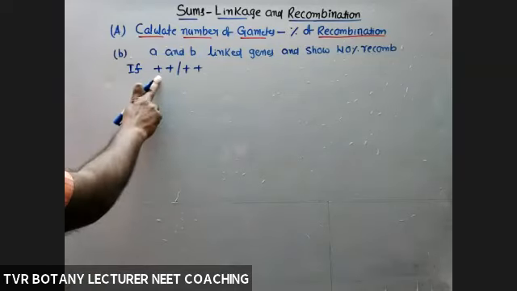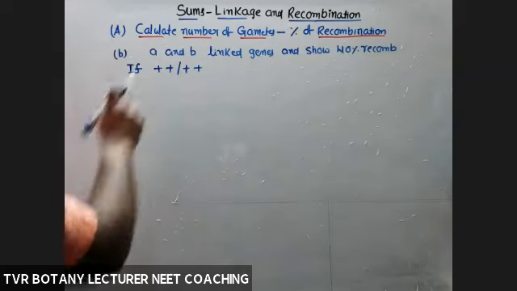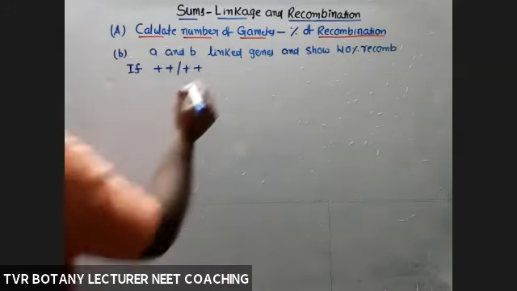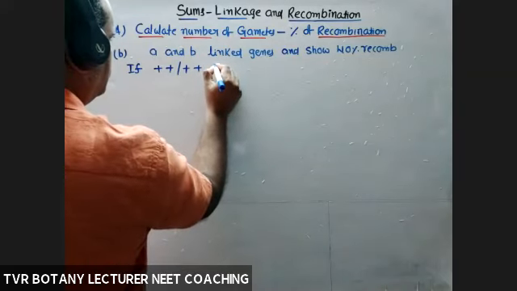A plus, B plus, like that. If plus is given, that allele is a dominant allele according to Morgan. So if a plus/plus individual